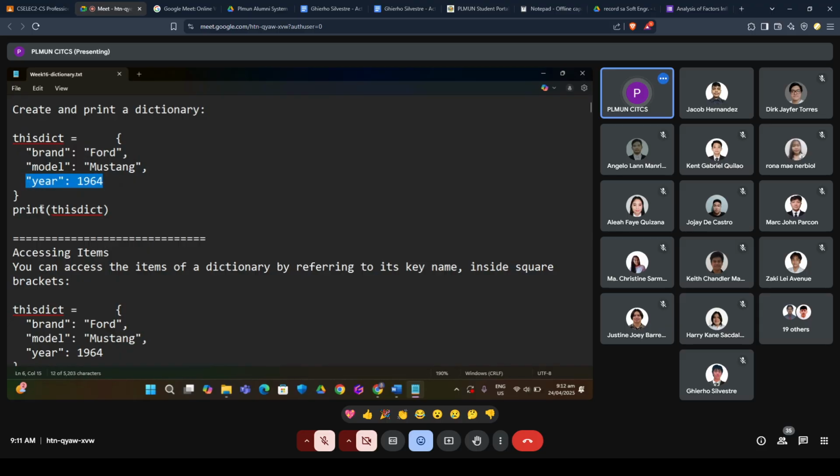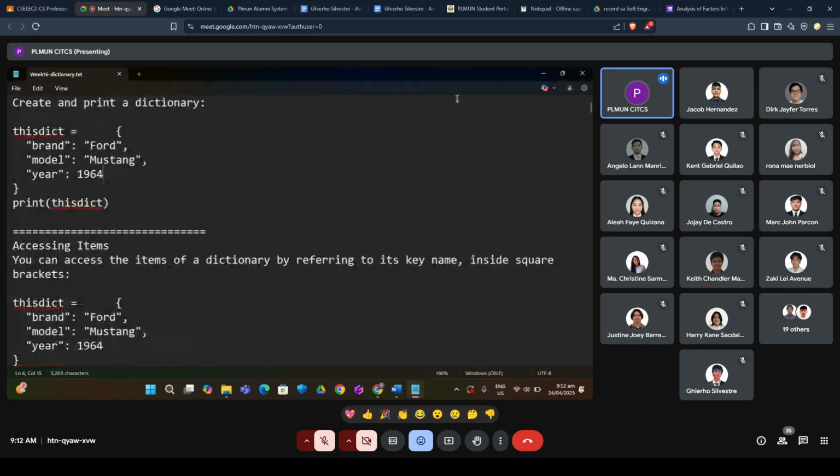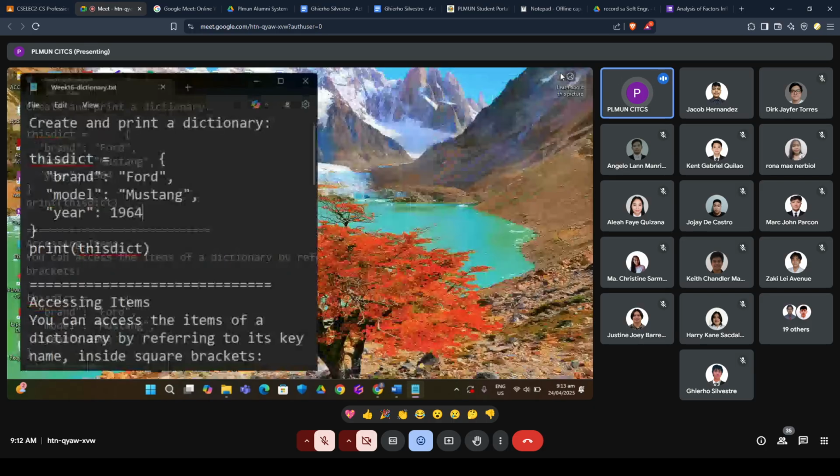So if you are going to print that one, you can just simply call this DICT or this dictionary. So depends upon the declaration of your variable. Now, how are we going to access? So maybe we can